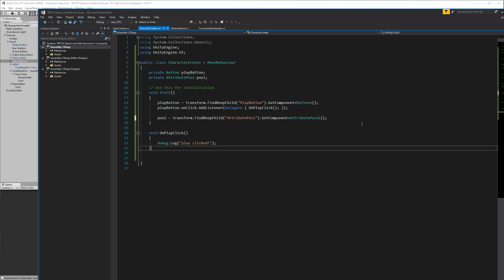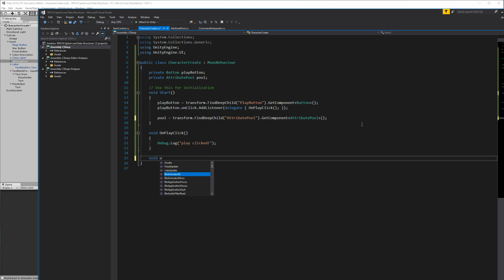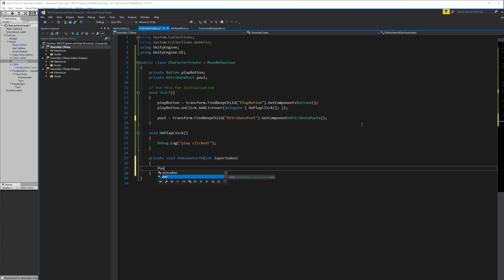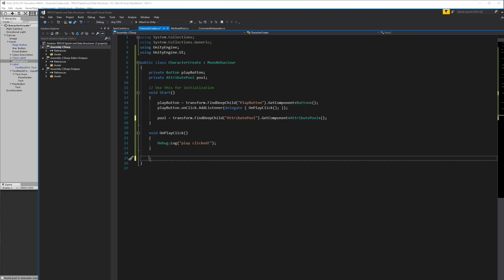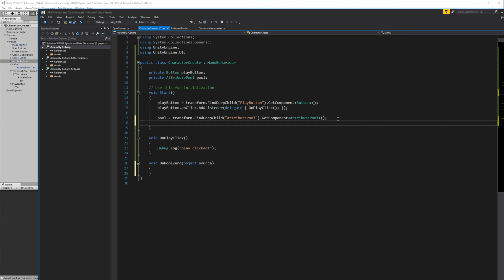I will need to have a function void on. Whoa! Thank you, Visual Studio, for being an idiot here. I'm trying to type something, and you auto-completed the whole function on me. On pool create 0, and that should take an object source, which I don't care about right now, but I can now say pool dot add listener,